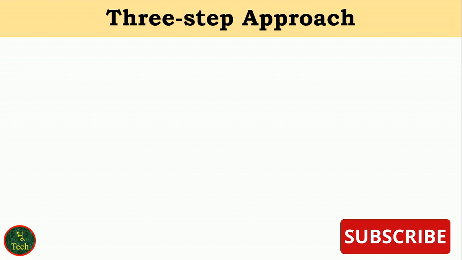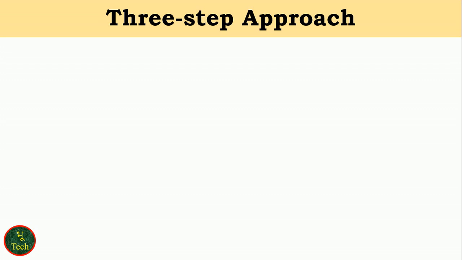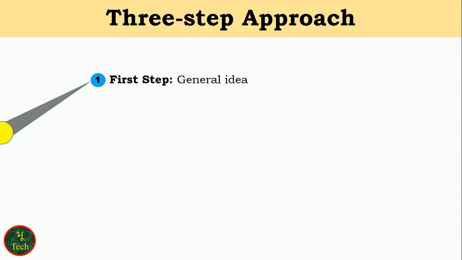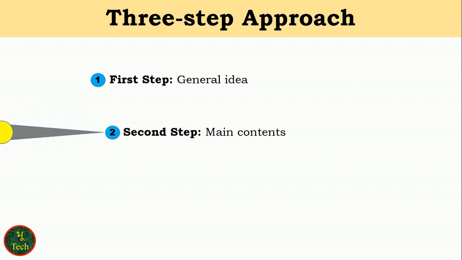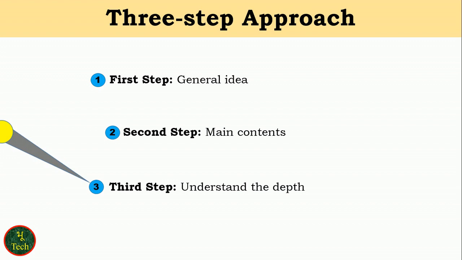The key idea is that you should read the papers in up to 3 steps instead of starting at the beginning and plowing your way to the end. Each and every step accomplishes a specific goal and strengthens the next step. The first step gives you a general idea about the paper, the second step lets you capture the main contents of the paper, and the third step helps you to understand the paper in detail. So friends, let us start with the first step and go through the details.